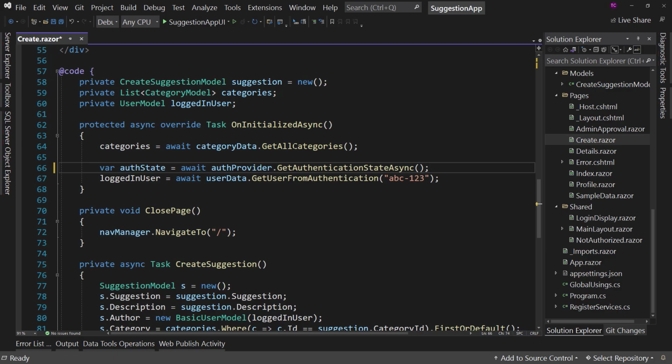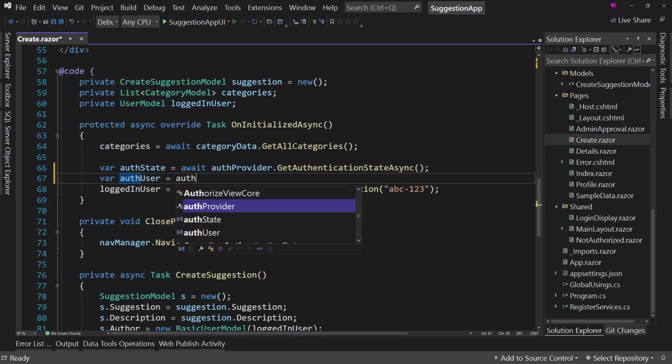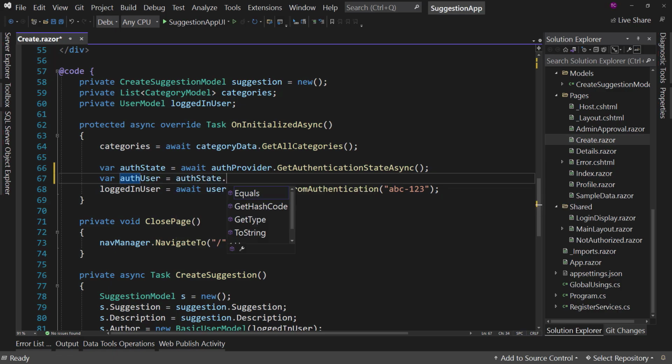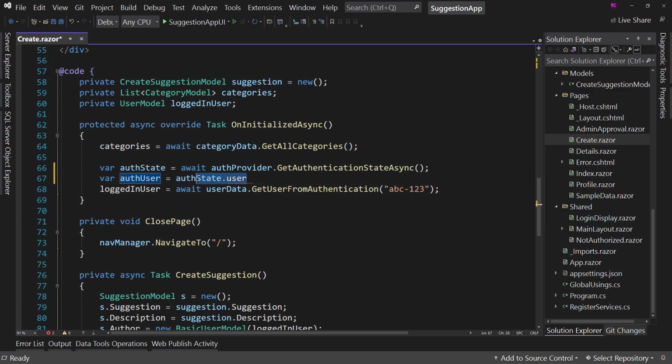So it's going to get the state of the authentication, and then from there we're going to say auth user equal auth state dot user, and we don't have to do that if you don't want. We could just say, you know what, let's cut out that extra line. Usually I put the auth user into its own variable if we're going to reuse it, but in this case, I don't think we're going to reuse it. So we'll say auth state.user